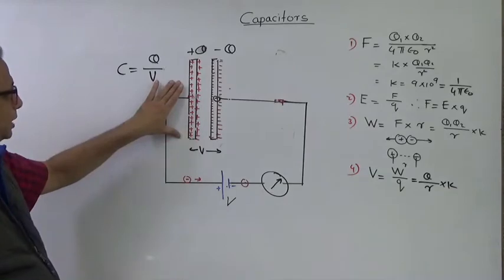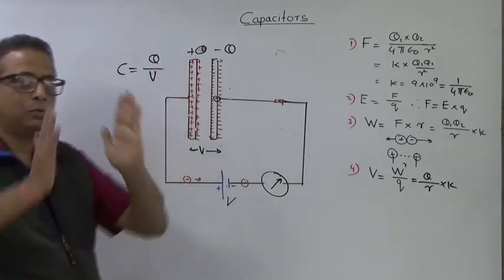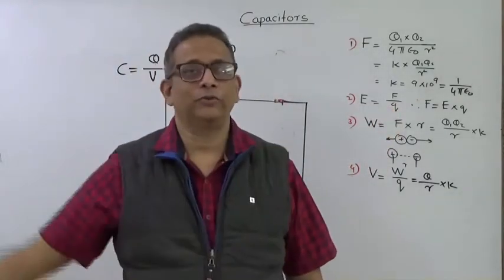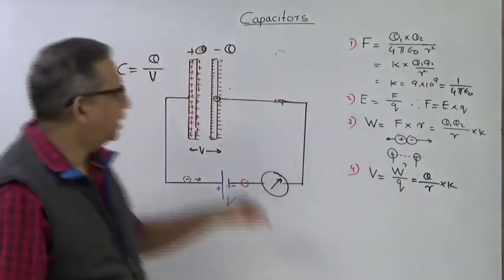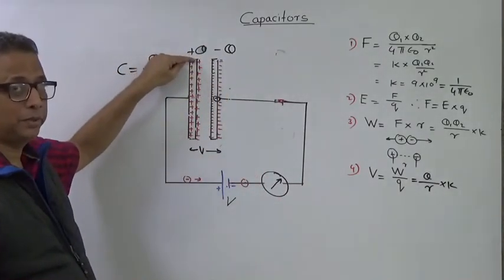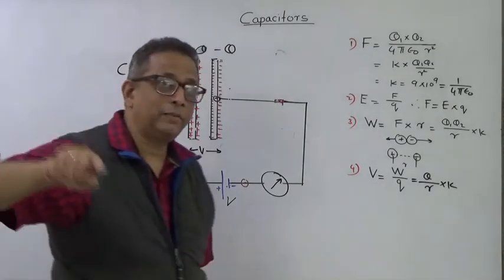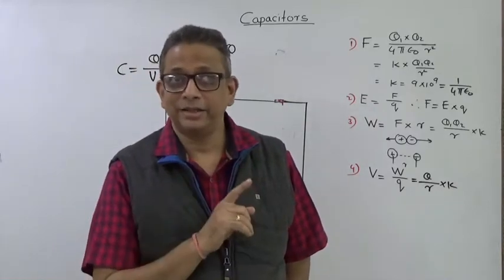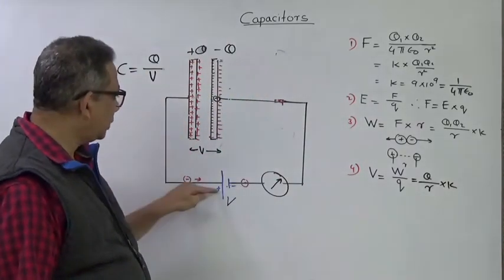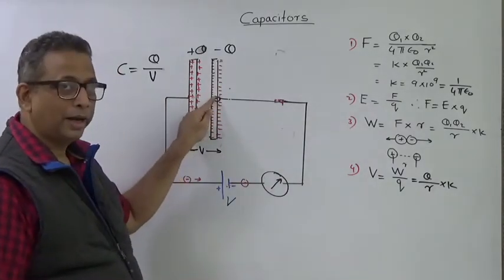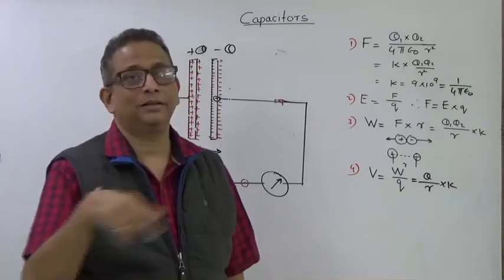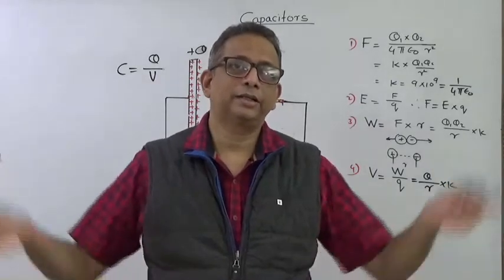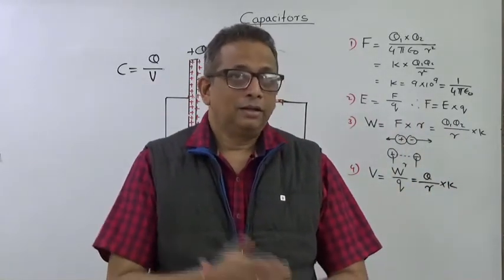Here it is given by the relation because of this mechanism of keeping the two plates parallel and very close to each other. Because of the push and pull effect, there is a flow of electrons, but none of the electrons will ever jump from this plate to the other plate. In a resistance, actually the same electron moves and comes back to that particular cell, and so we say there is a current. But in a capacitor, the electrons travel only from here to here, and the other electrons travel from here to here, right? But it seems as though there is a current flow, because one electron is coming in, one electron is going out, so the ammeter knows the circuit is complete, and so the current has flown.